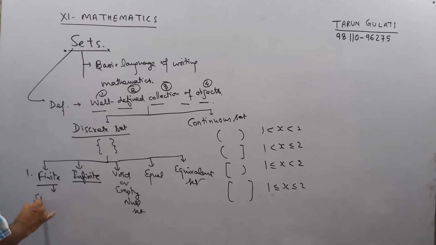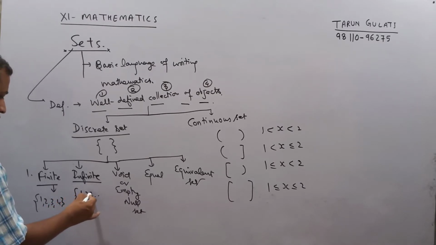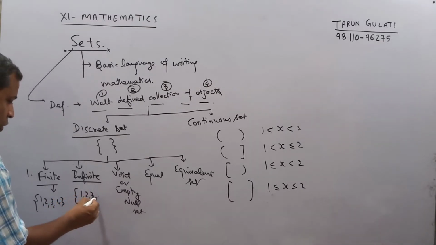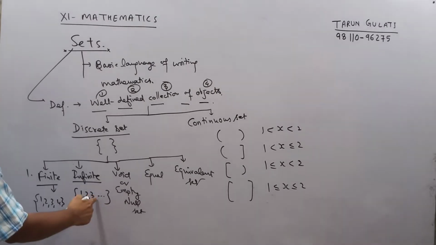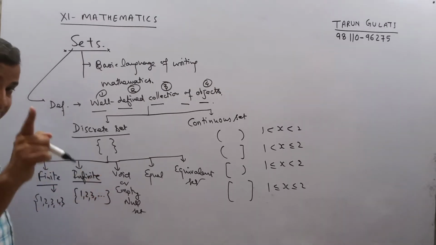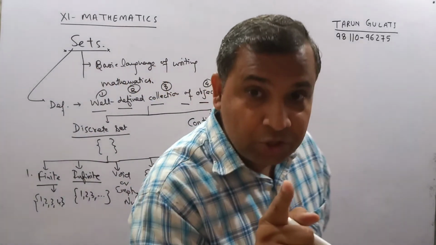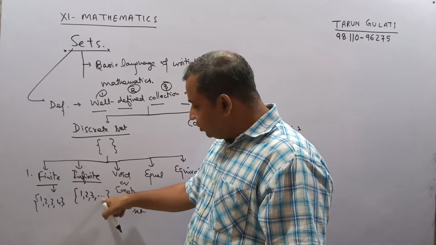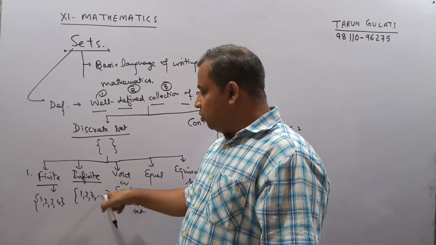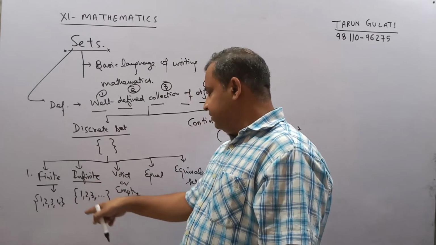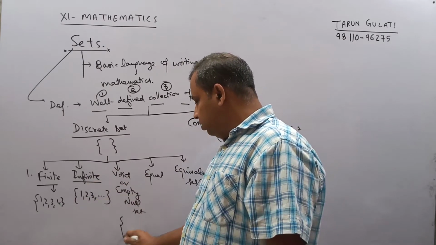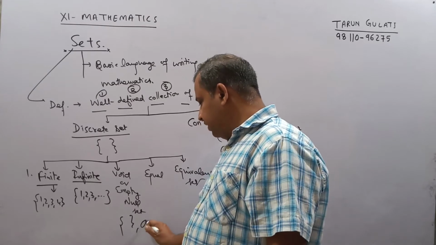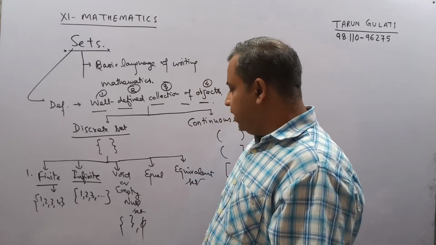Say there are numbers 1, 2, 3, 4. These are a finite set. If we write like this 1, 2, 3 and so on. Since set is a language, there are certain rules to study the language. For so on, we can't put more than 3 dots. So there are always 3 dots to express an infinite set. Void set means nothing. Say like this, or we can write like this. This is null set, no element in it.